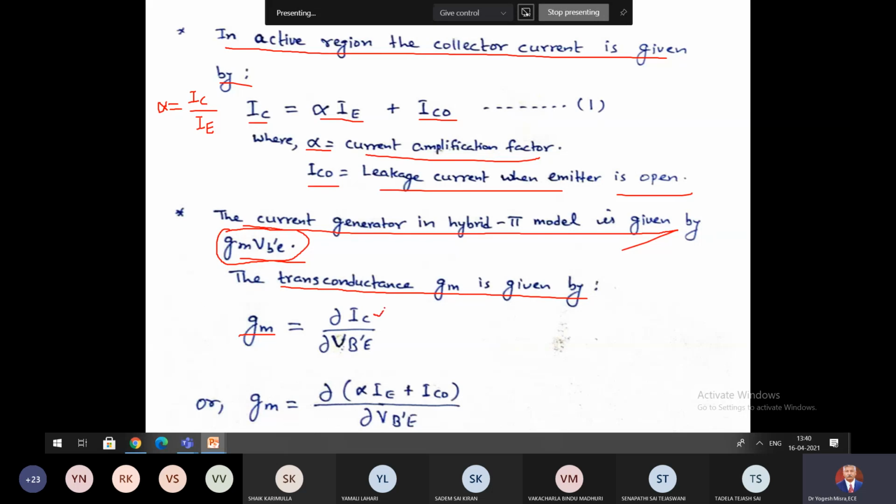So here it is IC by VB dash E, right? So del IC by del VB dash E, or GM is equal to, in place of IC,